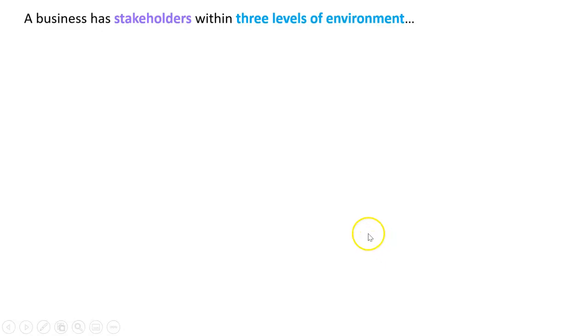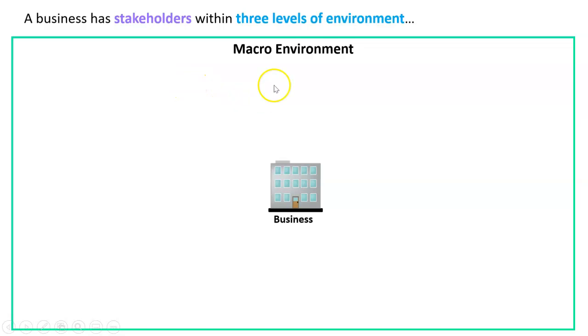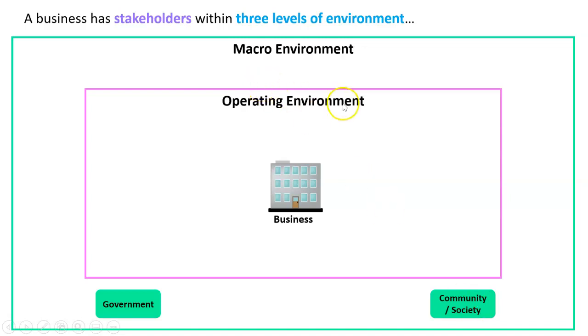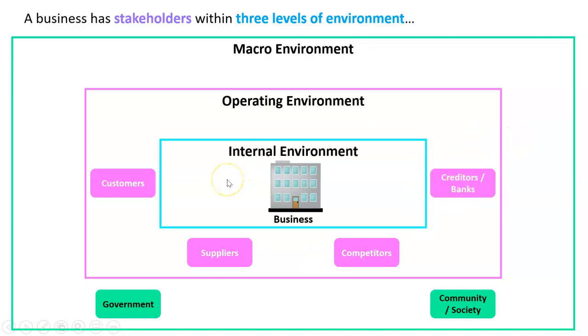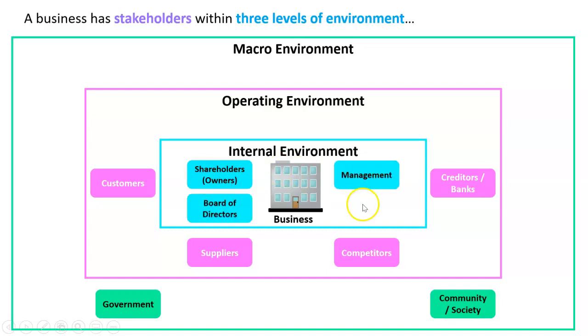So, what have we learned? Well, stakeholders have a direct or vested interest in the business. Okay, they affect the business, the business affects them. And what we're going to do is just sort of break them into 3 levels of the environment. We're going to have the macro environment, we're going to have the government, the local community or society. Then we'll have the operating environment, which is customers, suppliers, competitors, creditors or banks. And then we've got the internal environment, which is shareholders or owners, the board of directors, the management, and the